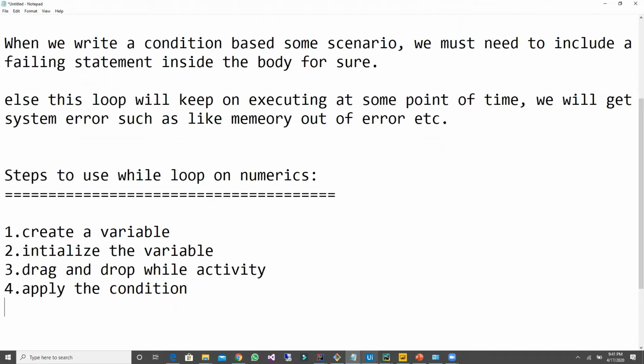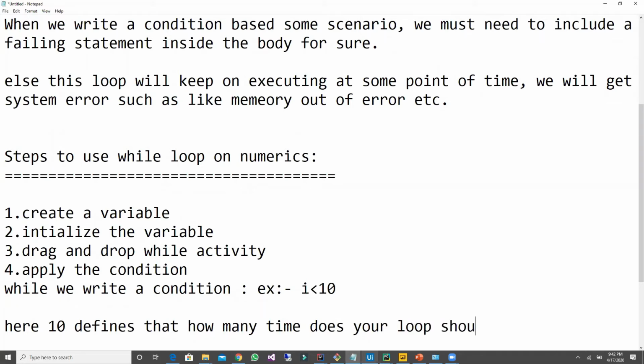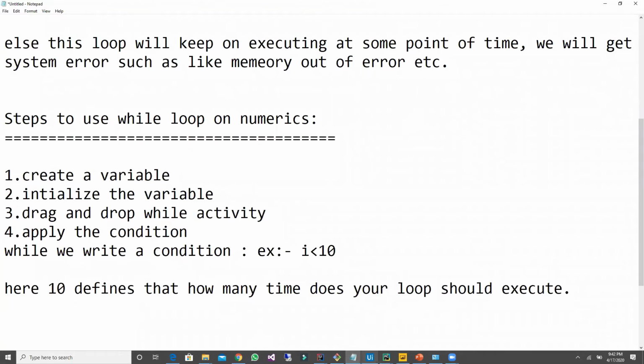So here what I have to remember is while we write a condition, for example I less than equal to 10. Here 10 defines how many times your loop should execute.